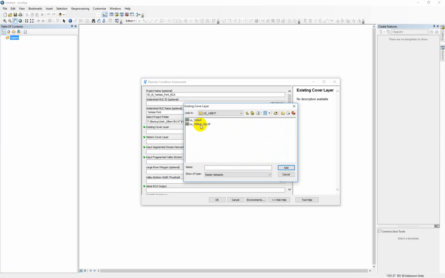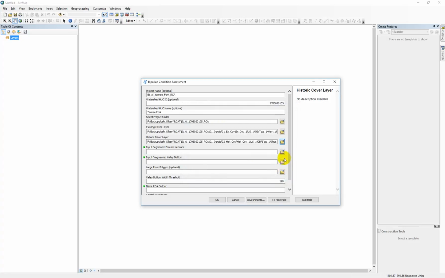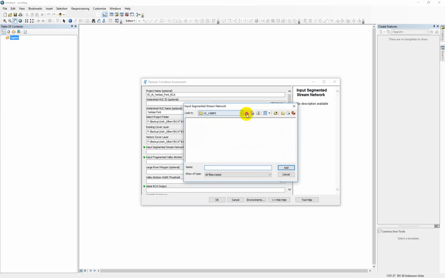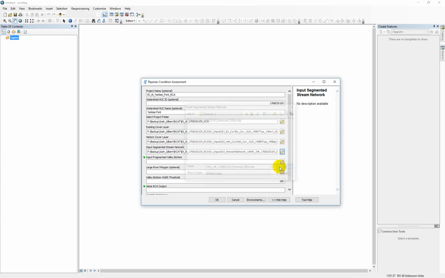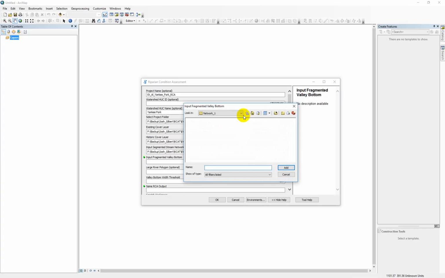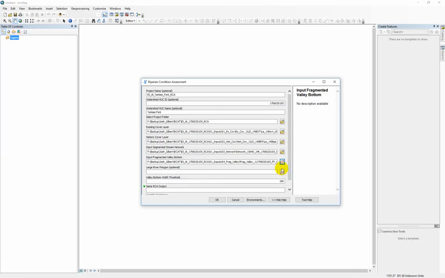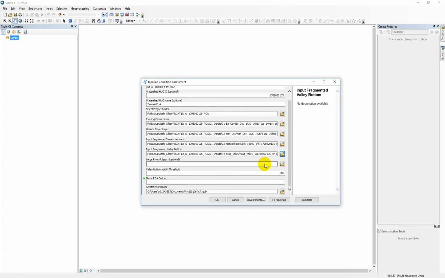I'm going to do the one that's clipped again because this is the one that's to the watershed boundary. Same for historic. Grab our network. And then our fragmented valley or floodplain connectivity. We don't have a large river polygon,